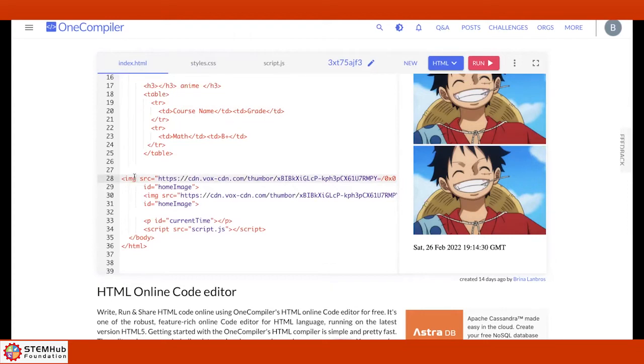Space. Style. Style, that's right. Equals. Equal sign. No space between the style and the equal sign. Now go double quote.